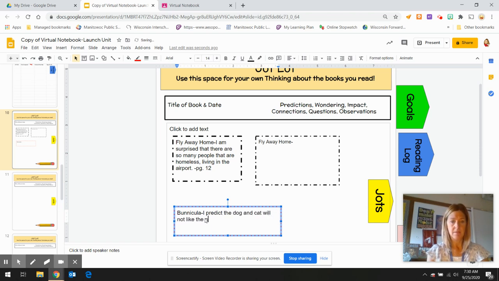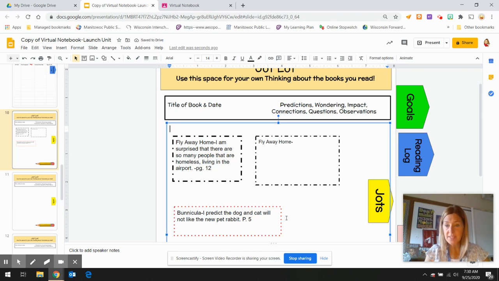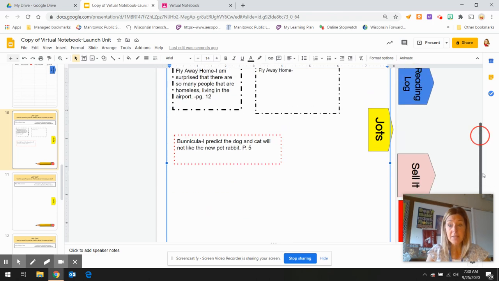at the beginning here, this is my prediction that I predict the dog and cat will not like the new pet rabbit that arrived. And that was on page 5. Okay. So there's another sticky note, evidence that I am thinking while I'm reading. And that's what you should be doing. You can keep this out